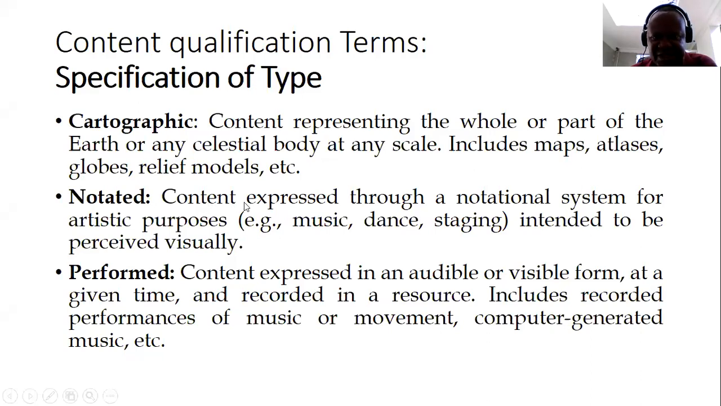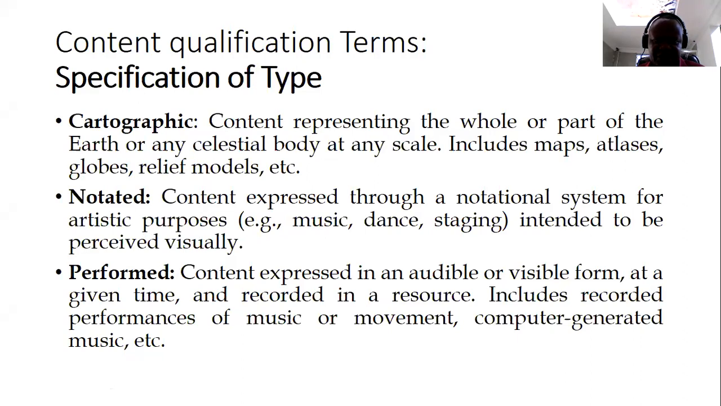So specification of type, which is notated. This is content expressed through a notational system for artistic purposes, e.g. music, dance, staging, which is intended to be seen using the eyes. So that is the second type of content qualification. We saw cartographic, now this notated. And then the third one,